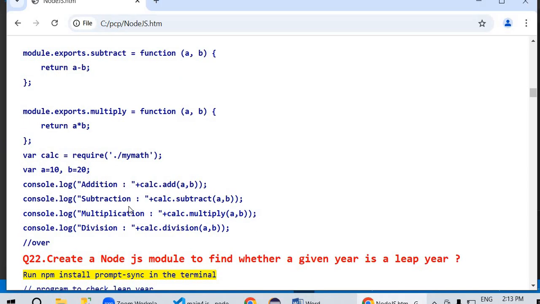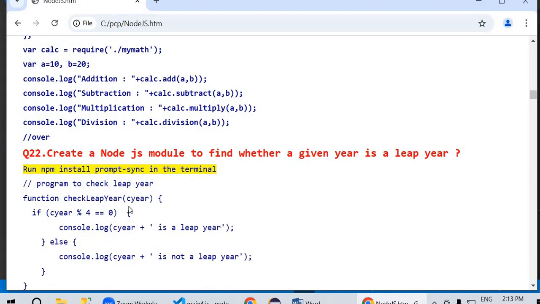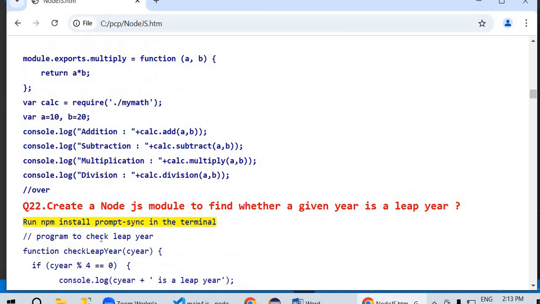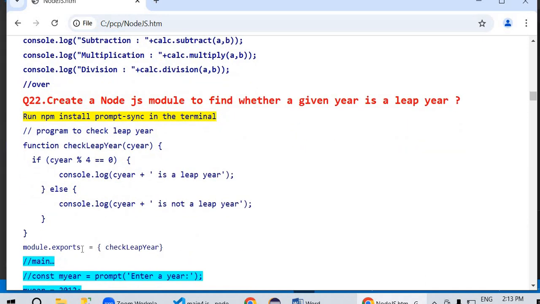So once this has been done, then after this we will be coming down to create a nodejs module to find whether a given year is a leap year. So for finding leap year, again you need to make a function. So this time I am just calling it here itself, but otherwise all the time please try to make your